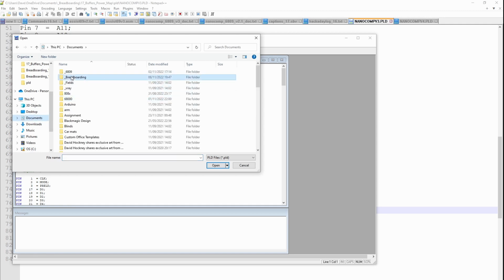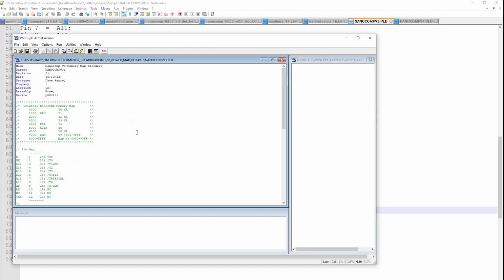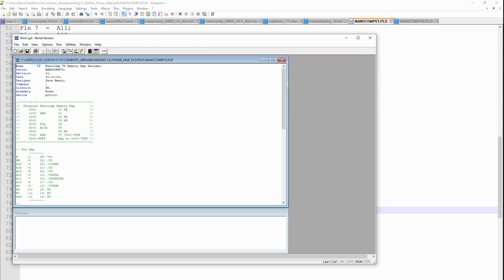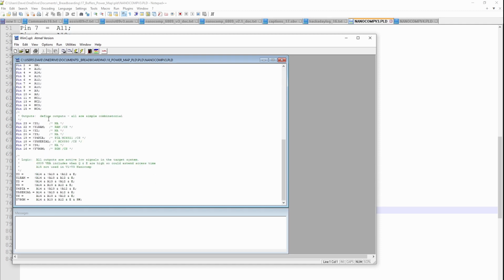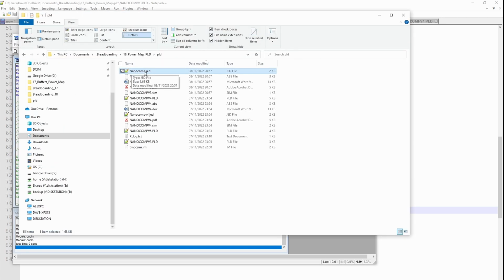I just need to navigate to my PowerMac PLD, and I've got a number of versions here I've already done. So version 3 is the standard view that we've got for the current memory map, and this is the file we've just been looking at. All we need to do here is run the device dependent compile, and that has compiled successfully. What that will produce is a JED file. There we go. For some reason, when it compiles a JED file, even if it says V1, V2, V3, it seems to only have 8 characters, so it truncates it to this.